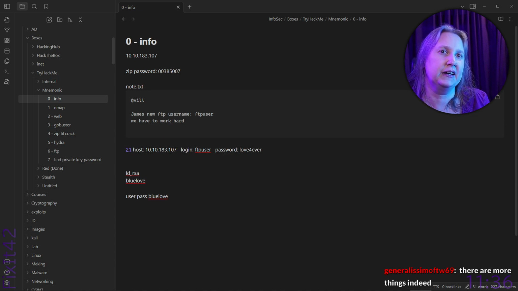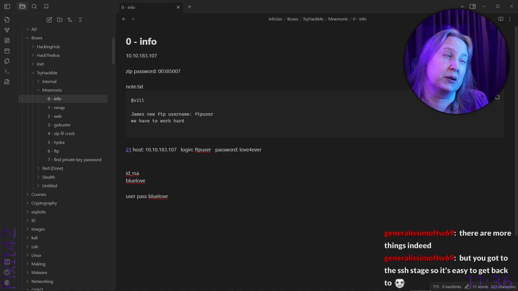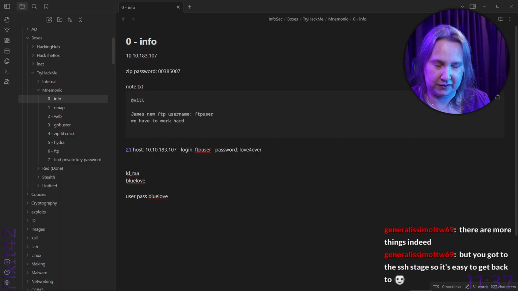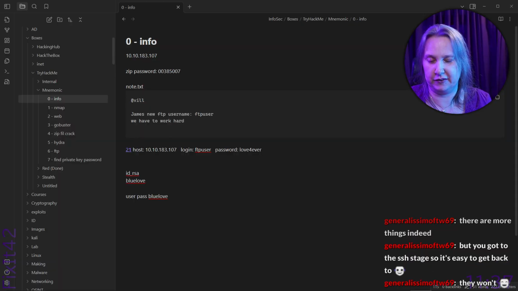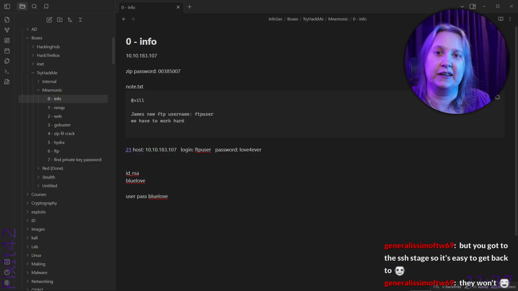Yeah, so I'm thinking how much I will do, but I will just keep going for a bit more. But you got to the SSH stage, so it's easy to get back to. Yeah, exactly. And all of these stages, since I have the passwords, it's easy. And I don't think they would change the file on the FTP either.